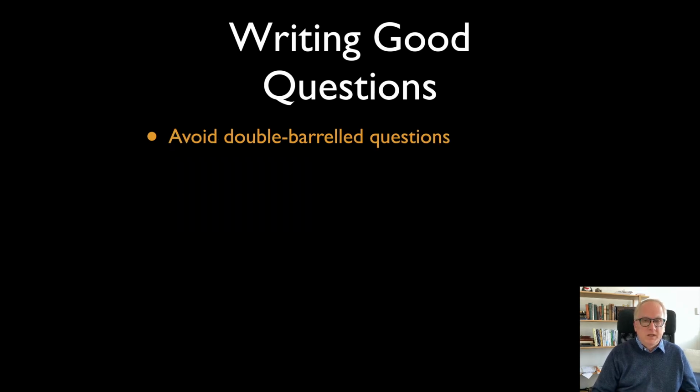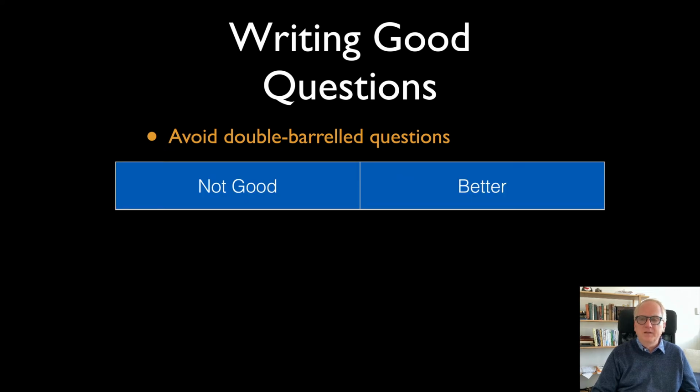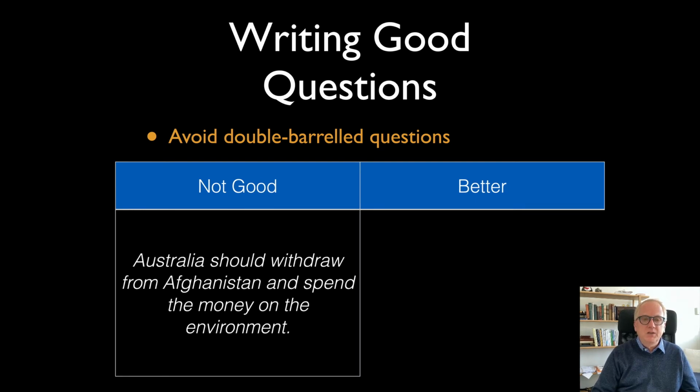Another thing you want to do is try to avoid double-barreled questions, okay? Double-barreled questions basically ask about more than one thing. So when the person gives you an answer, you're not really clear about what they're answering, because you've asked them multiple things in one question. So here's what I mean by this. Here's an example of a not good sort of question. Australia should withdraw from Afghanistan and spend the money on the environment. Now,